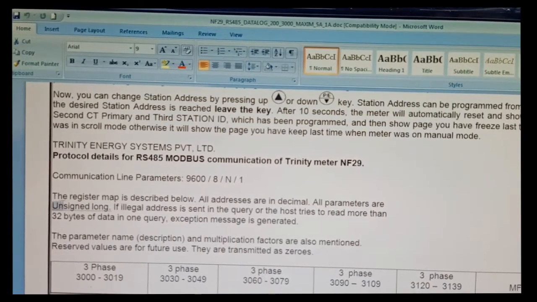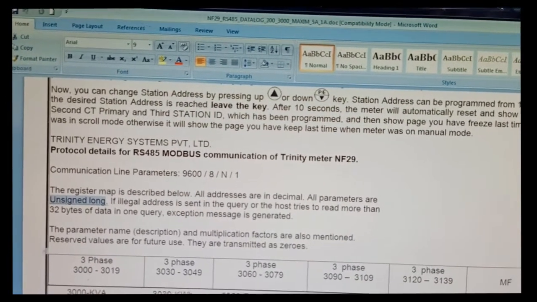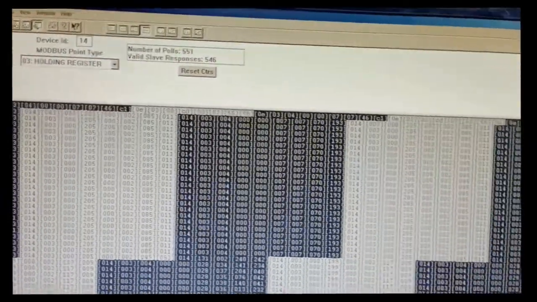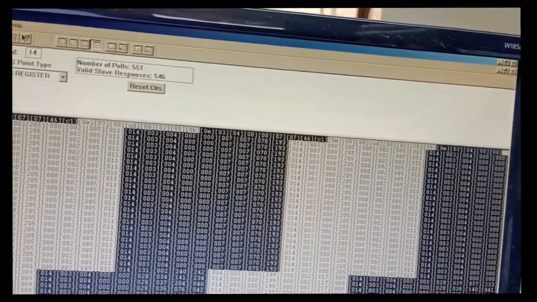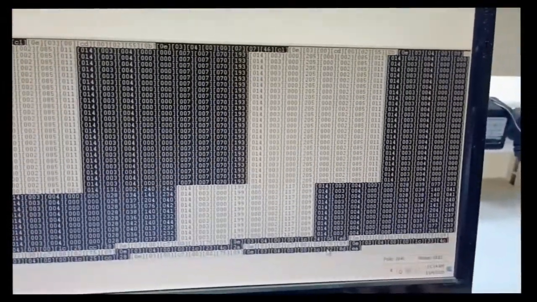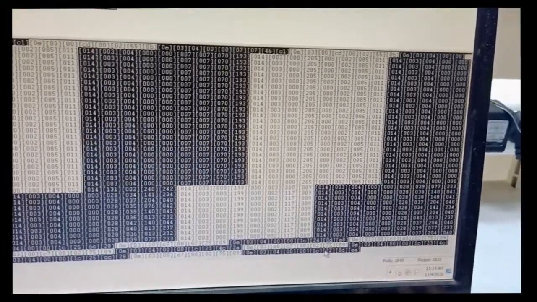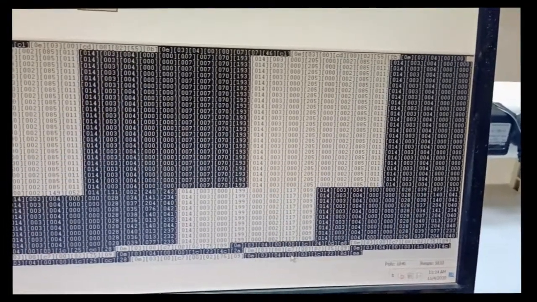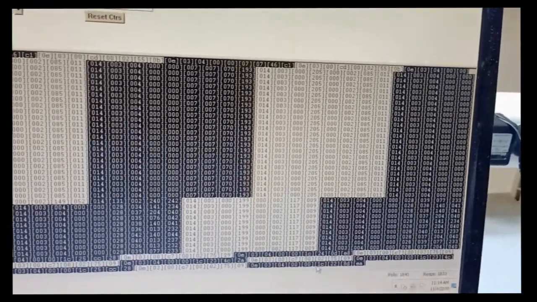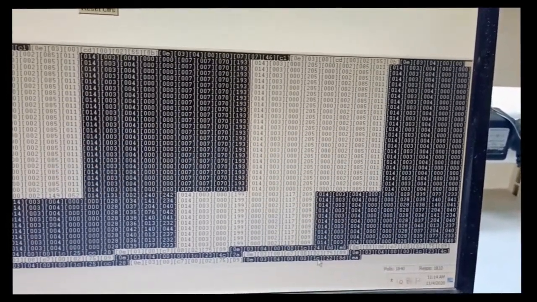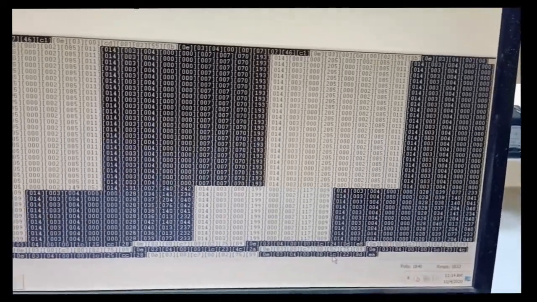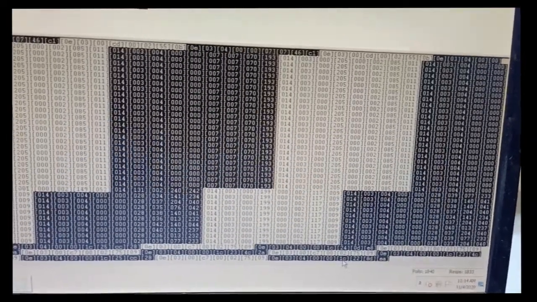As per the address map, all our parameters are unsigned long. That's why we need to feed all these 4 bytes to get correct data: 0, 0, 1C and 22. These 4 bytes combined together give the kVA reading.